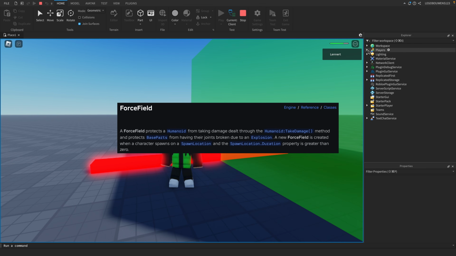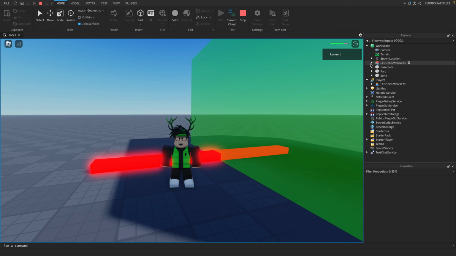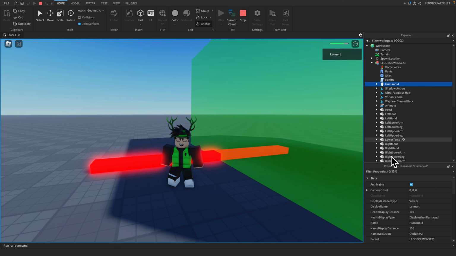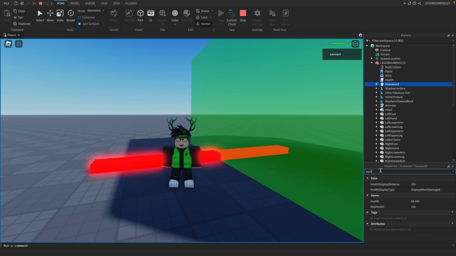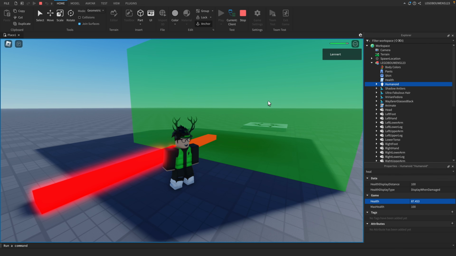So if you try editing the value of our humanoid health inside of the Explorer itself, this will still allow you to change the health value to, for example, 50. However, the take damage event won't